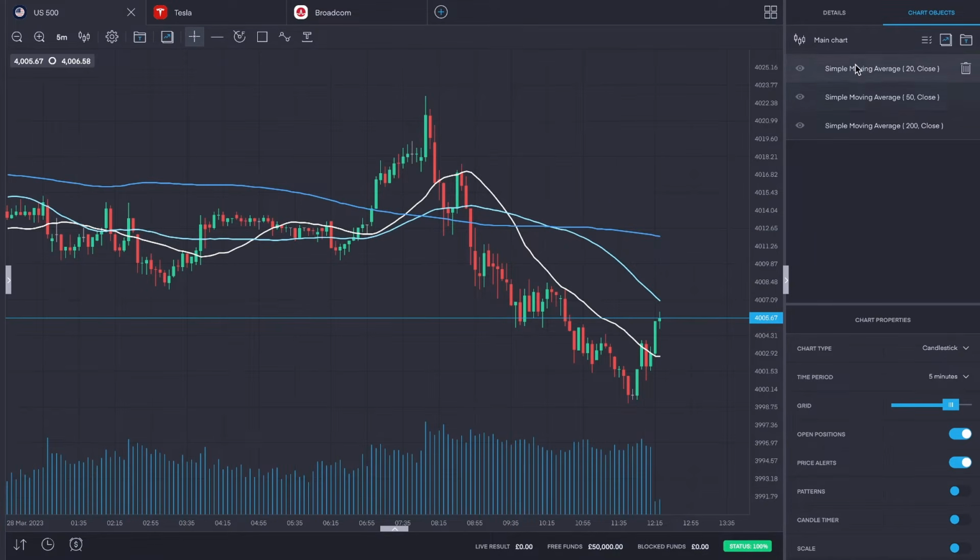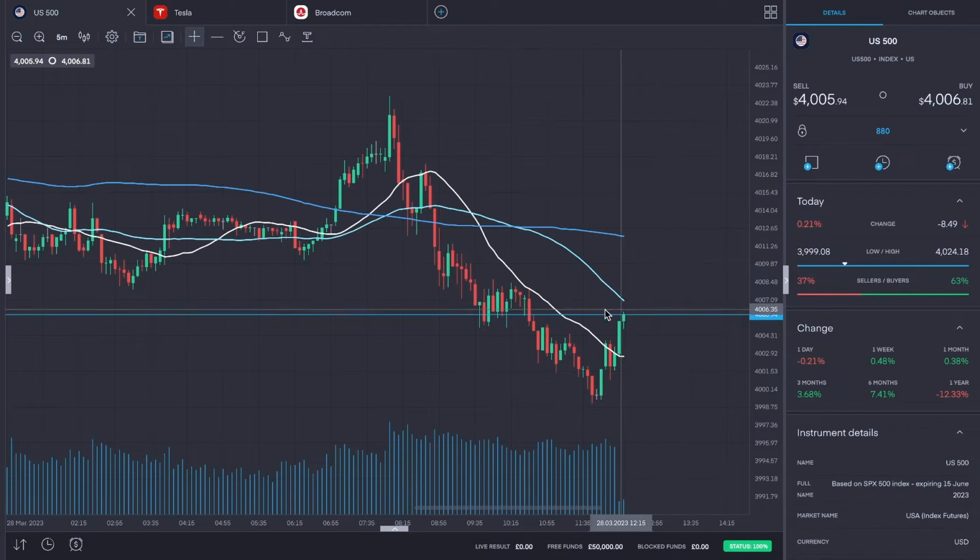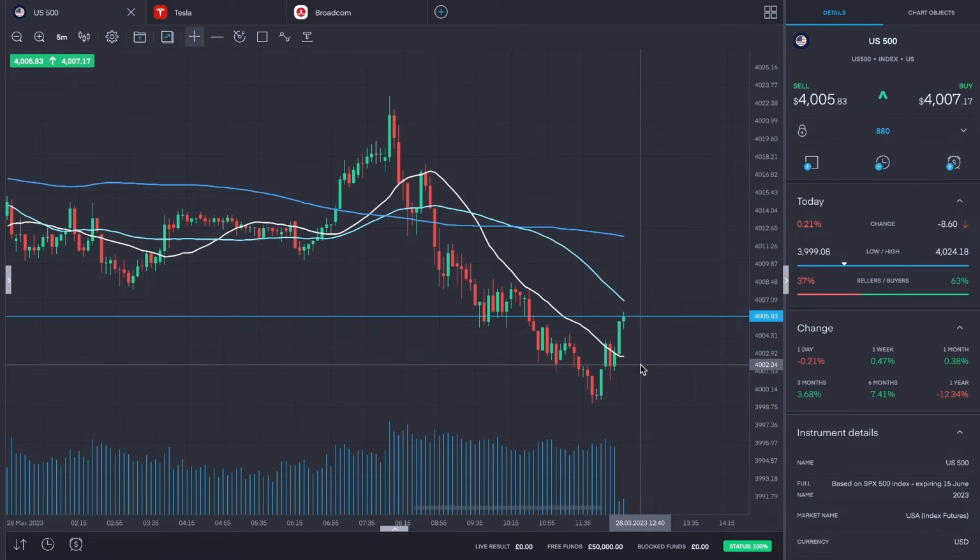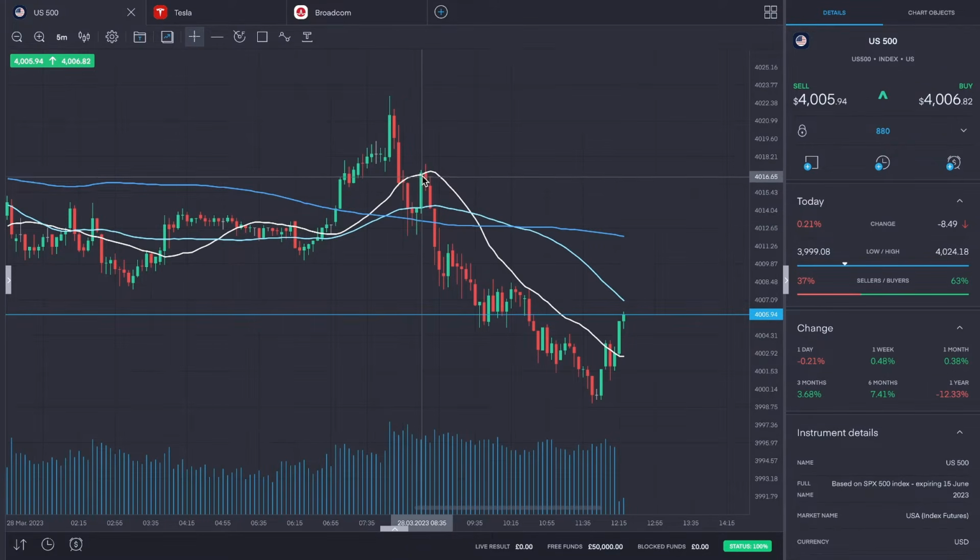And we have that, as you can see, the chart objectives on the side. Now, as I've explained in previous videos, my strategy, or one of my strategies should I say, is moving in between the moving averages. You can see it kind of respects that as you look through the chart, bouncing off the 200 here, bouncing off the 20 moving average here, we're kind of playing around the 20 and the 50 here,